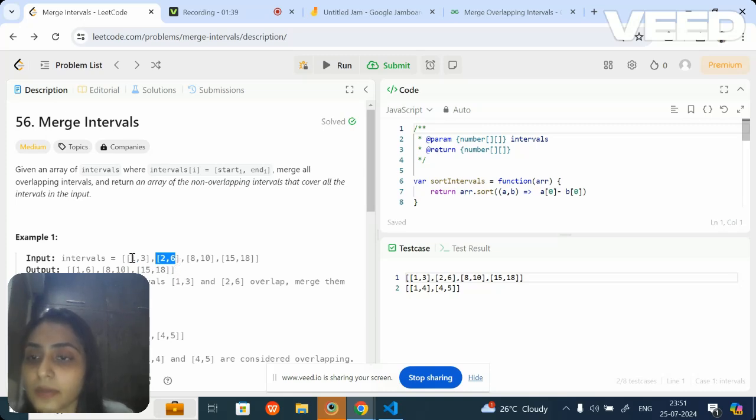If it contains 1 comma 3, that means it is an interval starting from 1 and ending at 3, that is 1, 2, 3. Similarly 2 comma 6 is 2, 3, 4, 5, 6. Similarly, 8 comma 10 is 8, 9, 10.